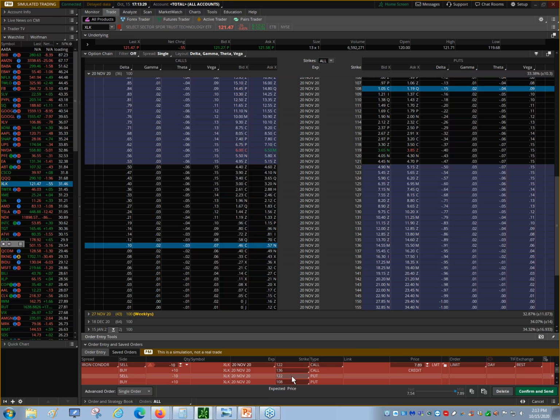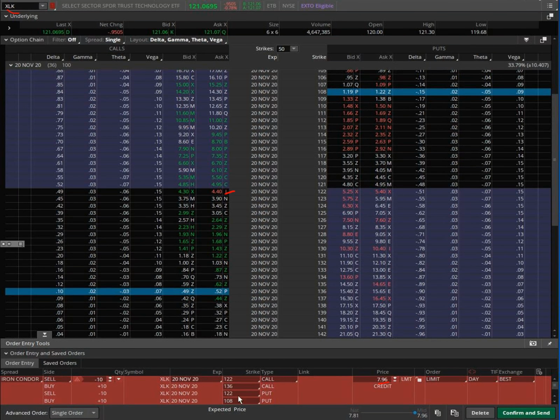So we can see that all of that stuff worked out quite nicely. It was a little bit better when I did it earlier today, you can see. So that's the process we're going to look at when we go through this. 2 times the credit is the starting point. That's about as wide as you can get. And if you can get 50% of that, that is a screaming good deal. Ultimately, we want to build it out to where we get at least 50% of the width of the strikes, okay? That means your reward is better than your risk on that trade, right?